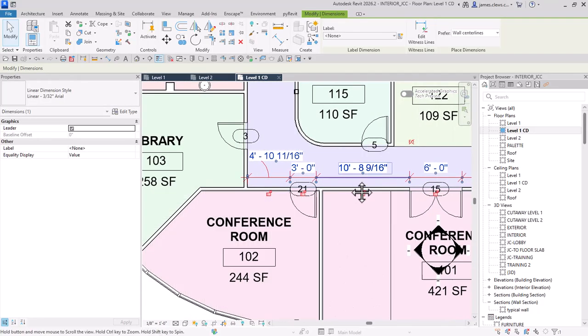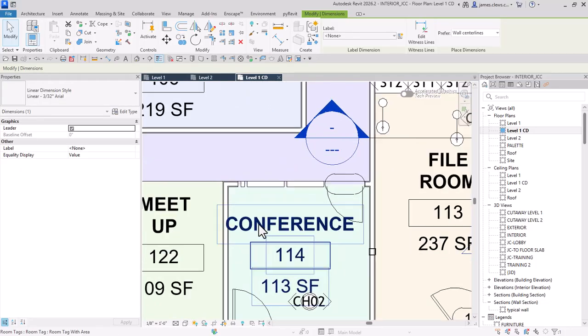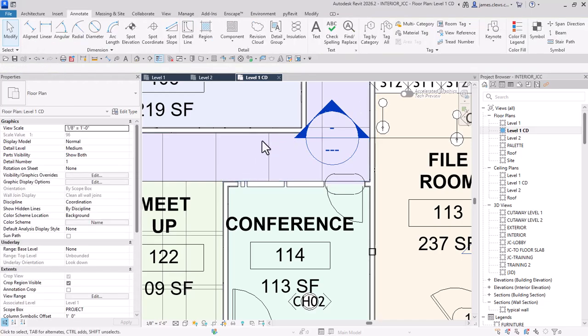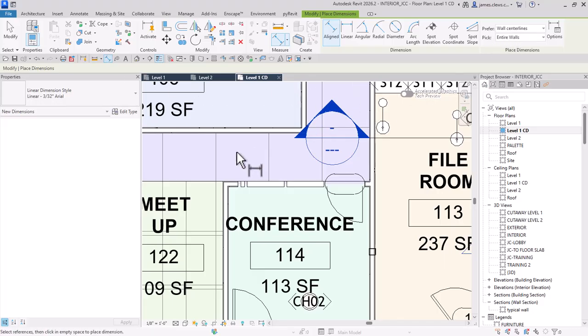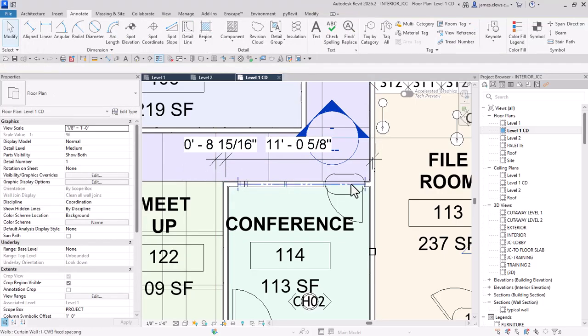The other thing I wanted to show you is where we've got a curtain wall within the wall here. A little bit confusing when you do dimension and you're picking entire walls and you pick on this here. Revit doesn't recognize a nested curtain wall as something it should dimension to. It doesn't think of that as an opening. It thinks of it as a wall within a wall. And that is where it would be important to be able to